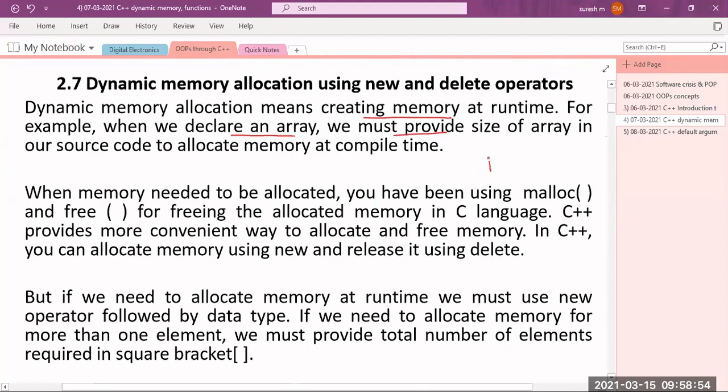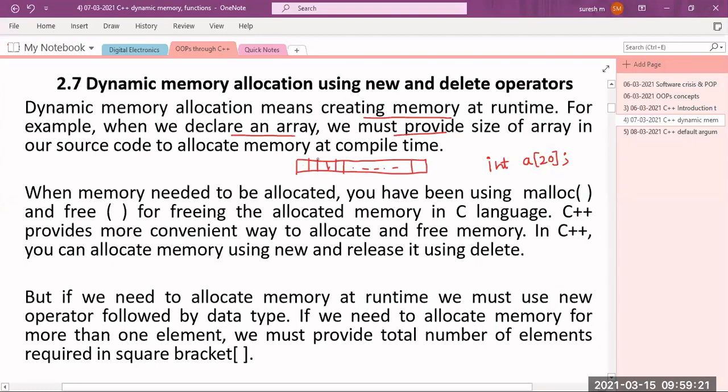Like whenever I want to create an array in C language, you have to specify like int a[10]. If you specify like this, then that array will be allocated with 20 bytes of memory, each element being of integer type. But if you are storing only 5 values, internally it will create the memory like this, 1 2 3 4 5, up to 20 bytes will be allocated.